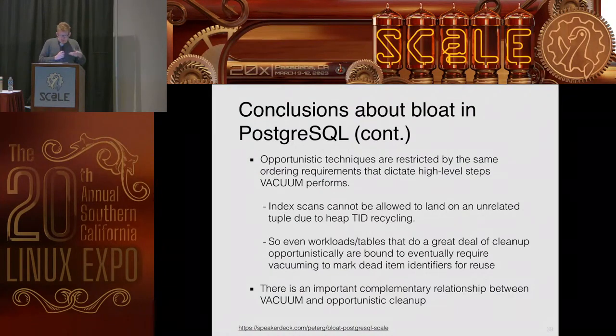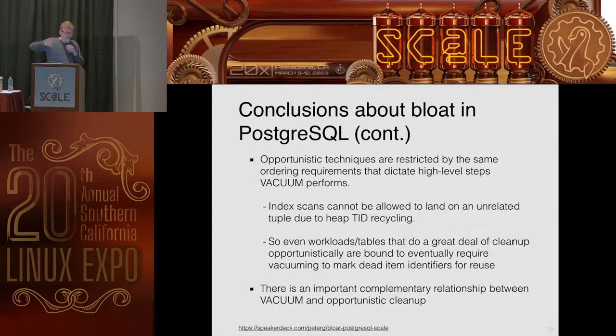There's this kind of complementary relationship. I've called it a yin-yang. Because one is very fast, very local, understands the immediate needs of queries at the level of one page. The other, of course, is thinking of things at the level of the table, and its indexes collectively. So the complementary relationship constrains things to some degree, but it's also a good way of understanding how vacuum works to realize that